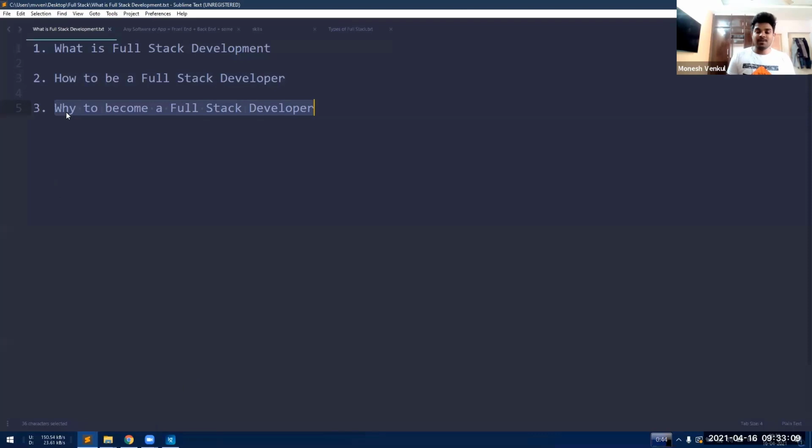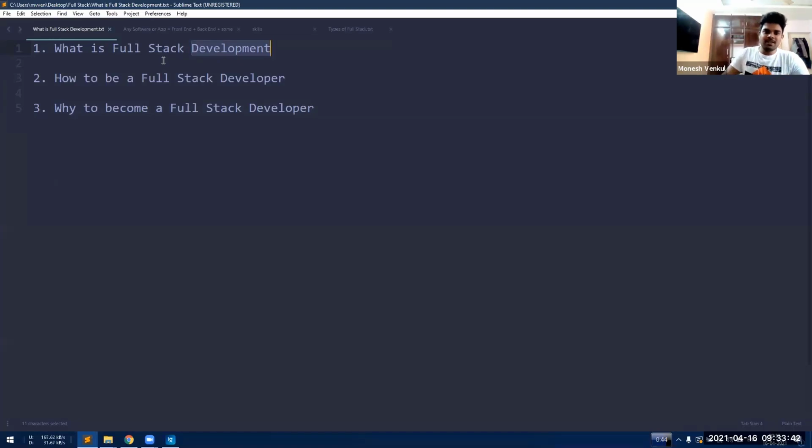Actually, this is the part I should have talked about first. This has to be the first reason why to become a full stack developer. But I do not want to show money as bait to make you learn full stack development. Full stack development is an area where you have to go with interest. Without interest, if you go to full stack development for money or fame, then there is no use of it. After some days or some years, you will come back. Only with interest can you learn full stack development.